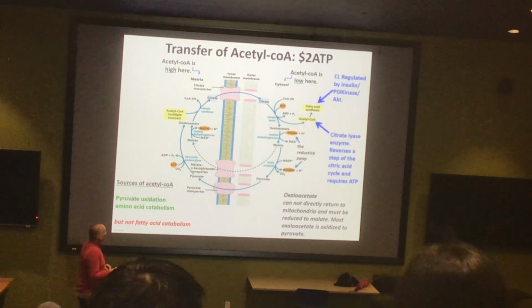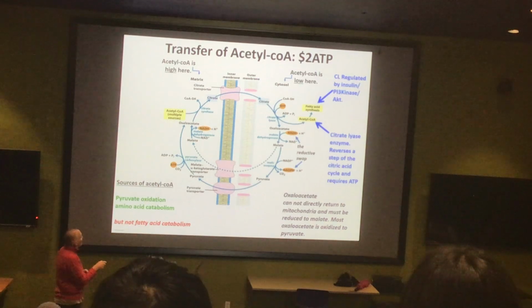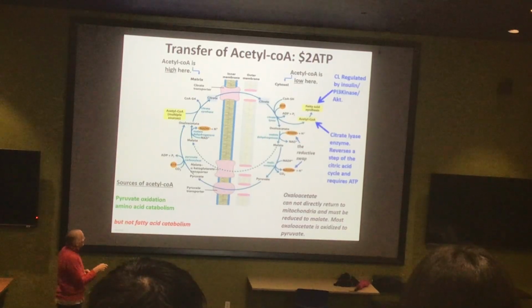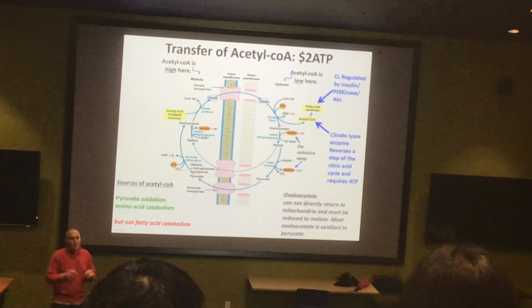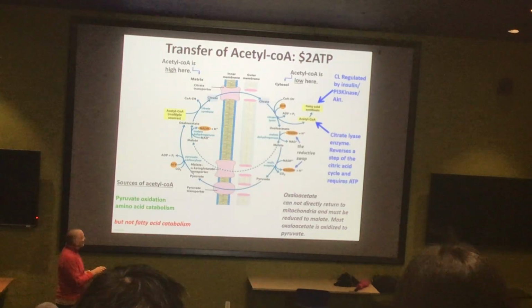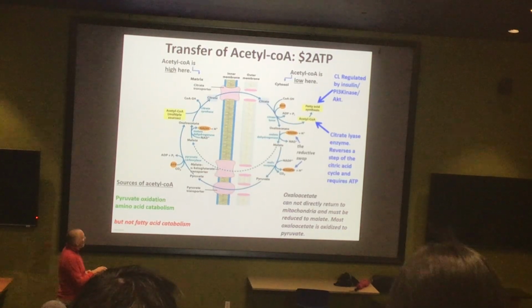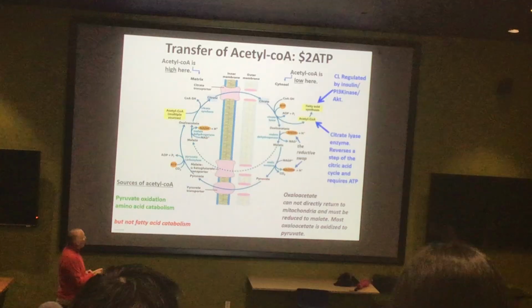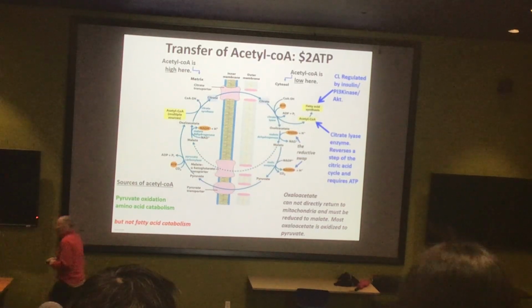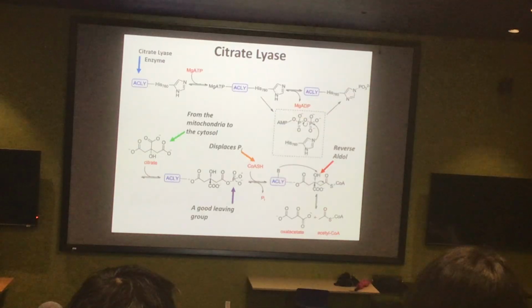So the questions we have here, well, we already know how the acetyl-CoA gets out. The questions we have are, first of all, what's going on here with this enzyme, the citrate lyase? And probably more importantly, why is it better to reduce the oxaloacetate to malate, and then oxidatively decarboxylate it, collecting some of the electrons right back onto pyruvate? So those are kind of our two big questions.